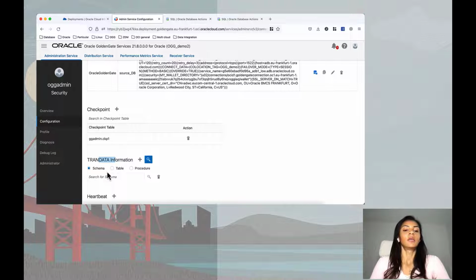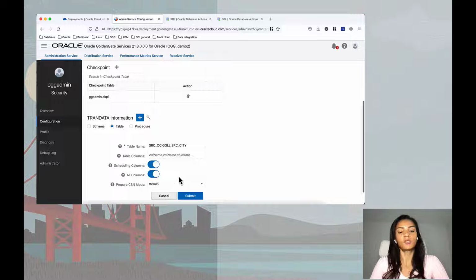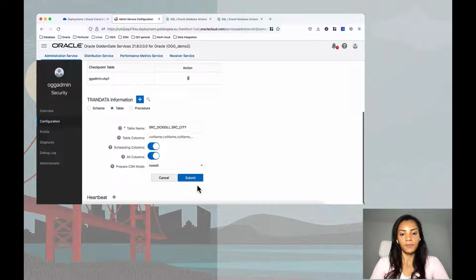We can add trandata on the entire schema, or we can also create supplemental logging for a specific table. In our case, we are just replicating one table, so I can just go here and push the button create, table name, and I want supplemental logging to be enabled for all the columns of this table,